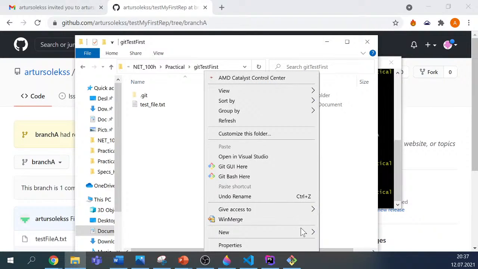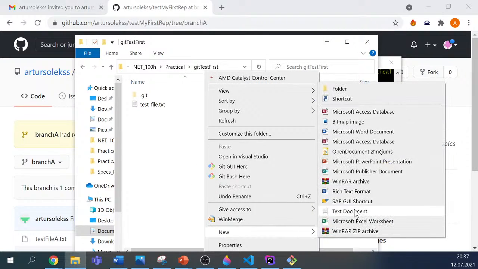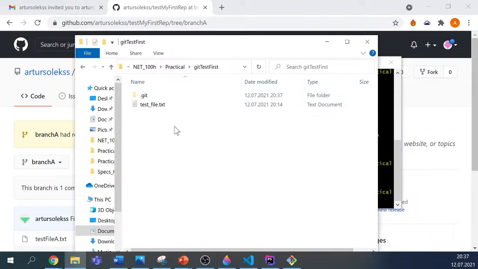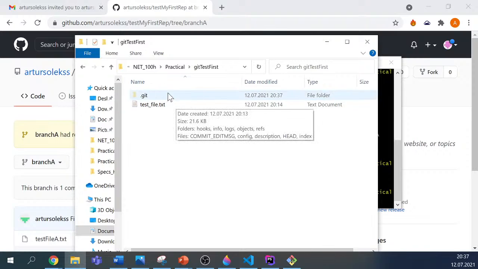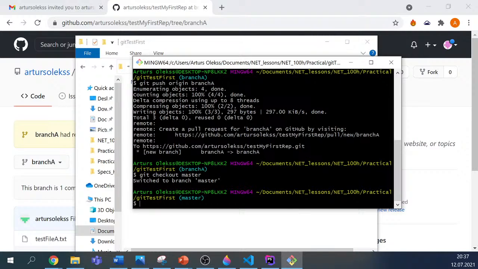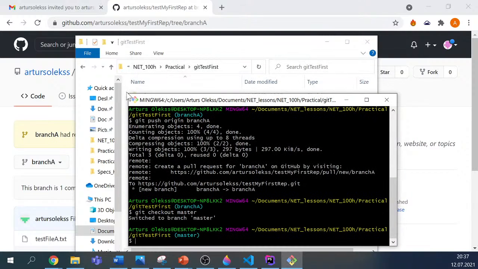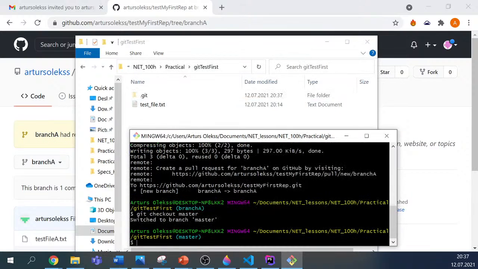And let's create. Yeah, an interesting thing here is that you can also see that you don't have this file anymore in your folder. So that's a little bit of magic. If you switch between the branches, it's not here. If you're on the master branch, it's not here. If you switch back to the